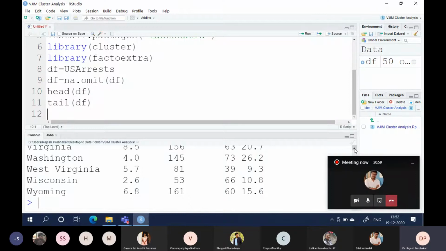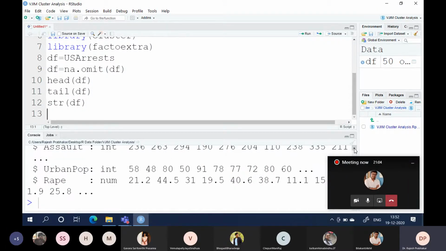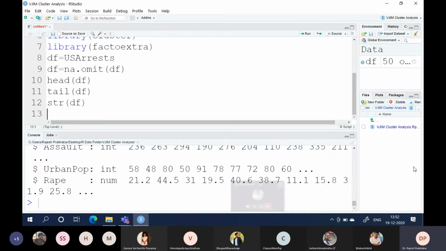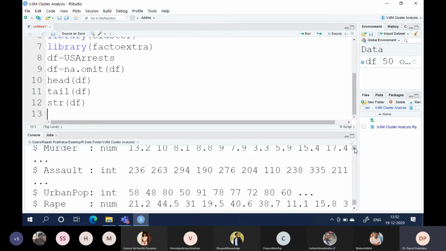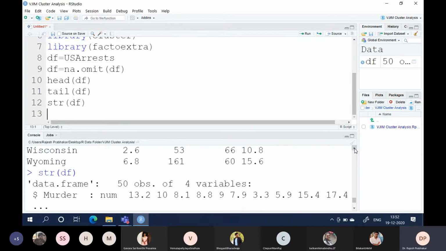So if you observe the data, it is in different number formats. Some are in tens, some are in hundreds. So we need to scale the data.